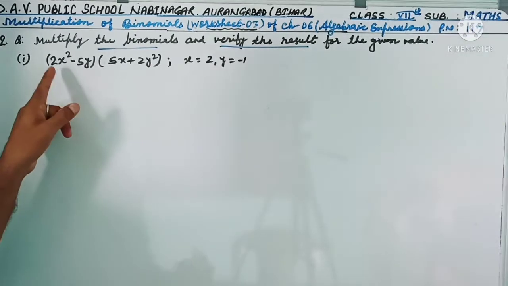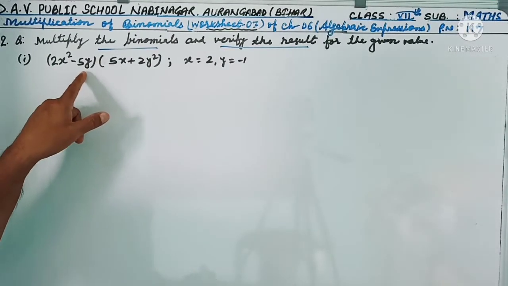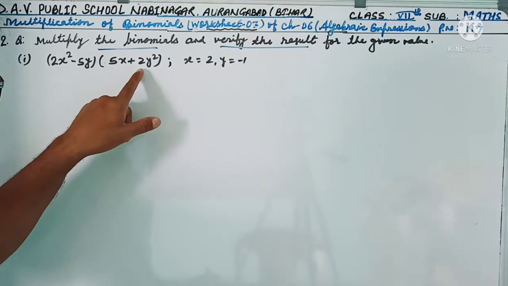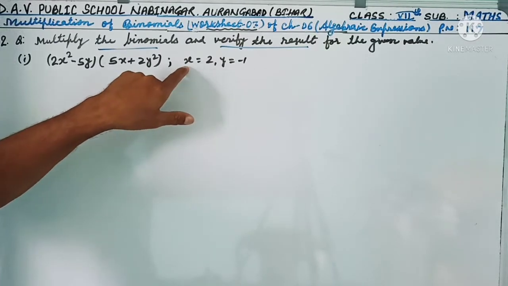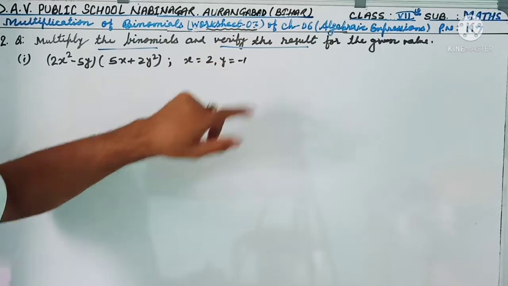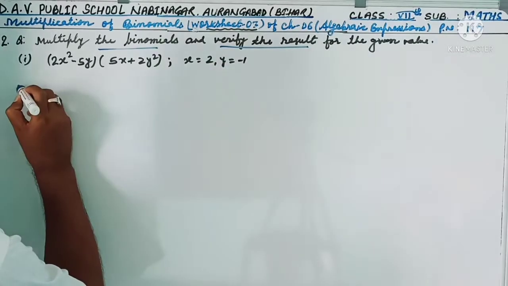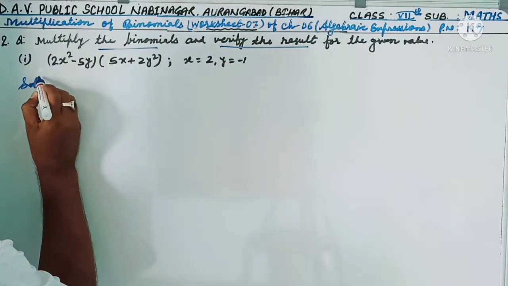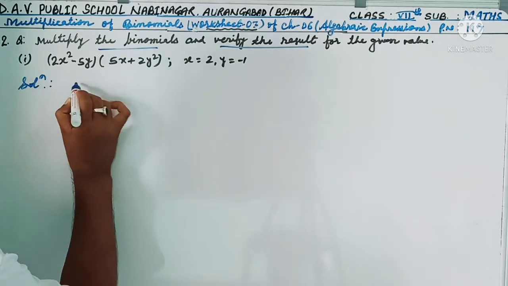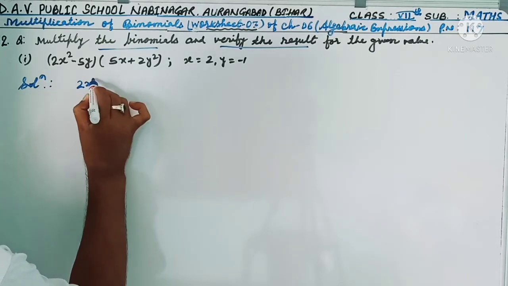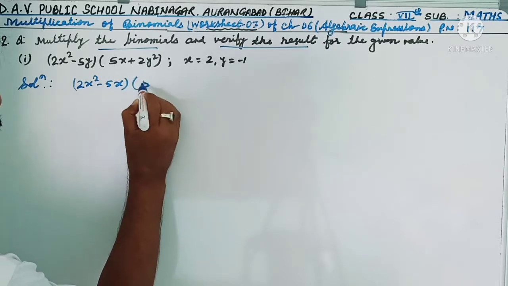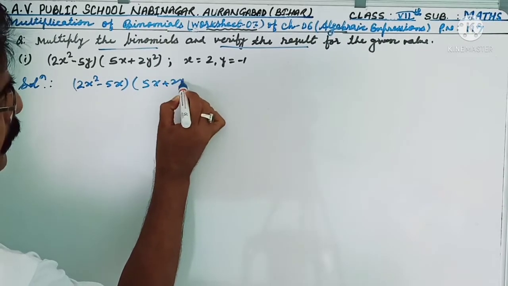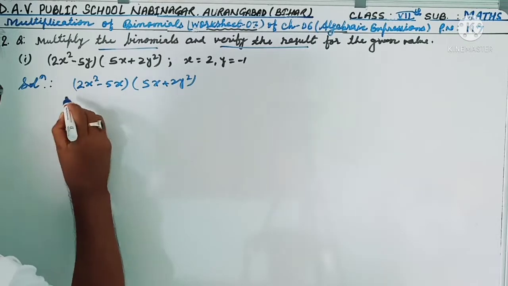Your first question, (2x square minus 5y) into (5x plus 2y square), and verify the result for x equal to 2 and y equal to minus 1. So first you solve the product of the given two binomials, that is (2x square minus 5x) into (5x plus 2y square)